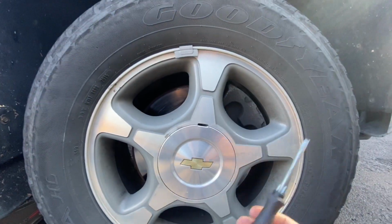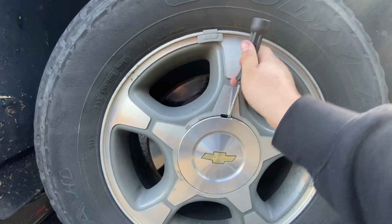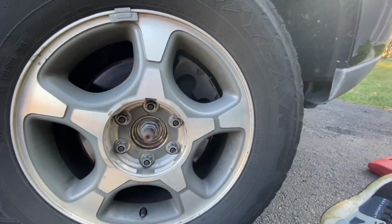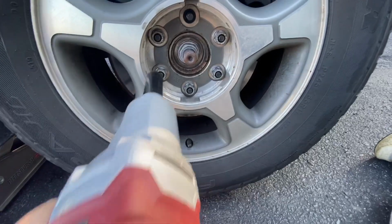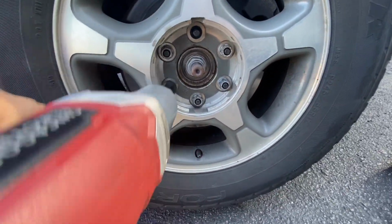All right, so first thing, flathead, pry off the center cap here. Just gonna pop up these lugs. Hard to do one-handed lefty, so